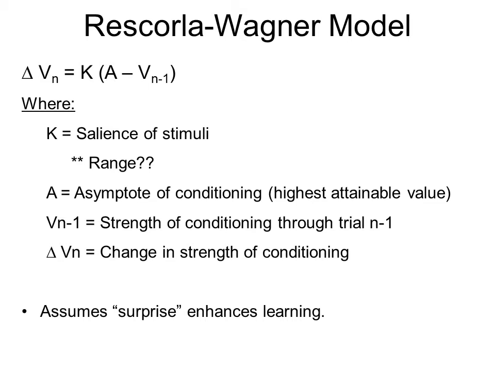And this is reflected in the acquisition curve. If you look at any acquisition curve, you'll see that the steepest part of the curve occurs early on, that the greatest change in behavior occurs on trial 1. And then the next greatest change occurs on trial 2, and so forth. And then eventually that draws this negatively accelerated curve, whereby the change gets less and less until eventually it levels off and reaches asymptotic levels. And so according to the Rescorla-Wagner model, they argue that what is driving that is the element of surprise.